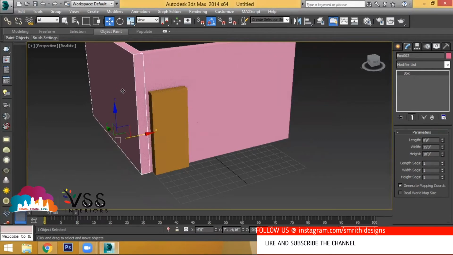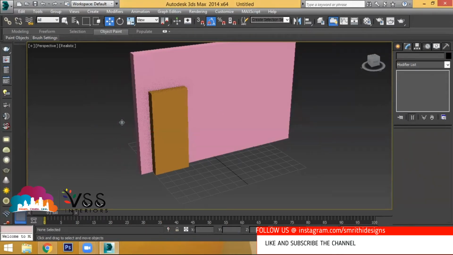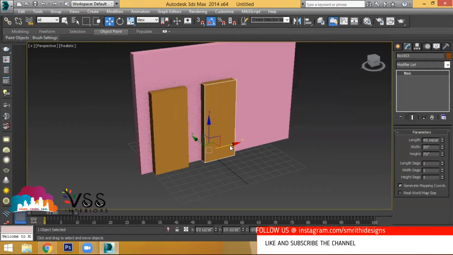I've copied this wall, rotated it and fixed it here. If you get confused, you can delete it. I took it only to understand why we are leaving the gap at the corner, and we have to leave a distance gap of 1 feet. And let's say I'm copying one more box for a window. The window width and height should be 4 by 4 feet. Write it down.